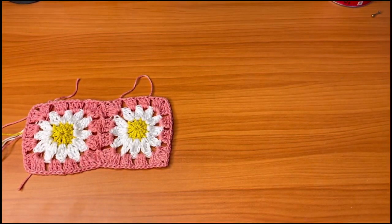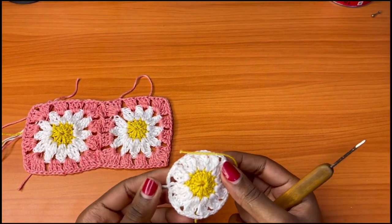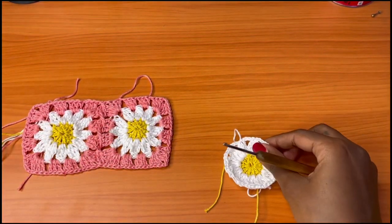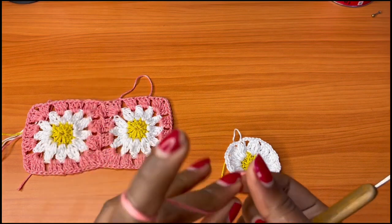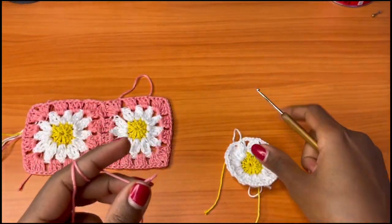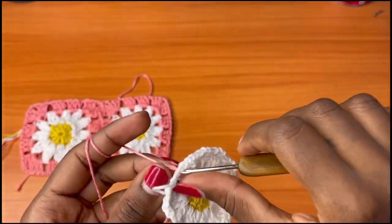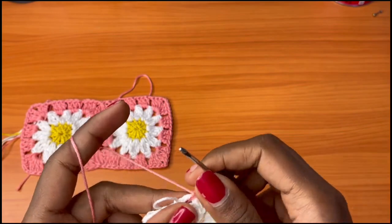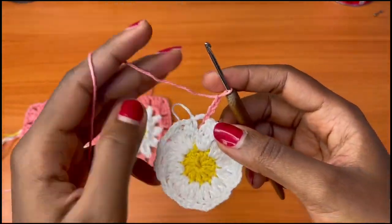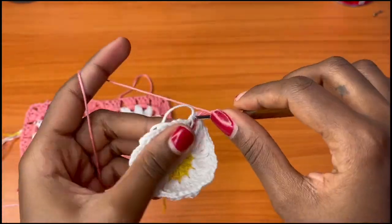So you're going to get your next motif, which is this one, and you're going to attach your pink color. Alright, so we're going to chain 3 plus 2 more double crochets in the same exact space,